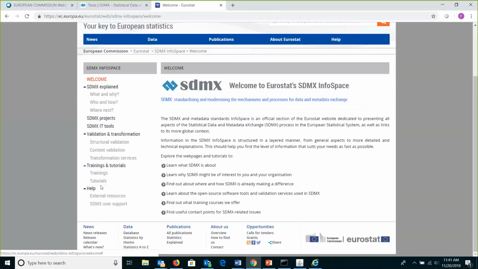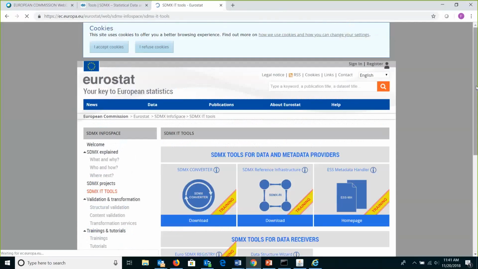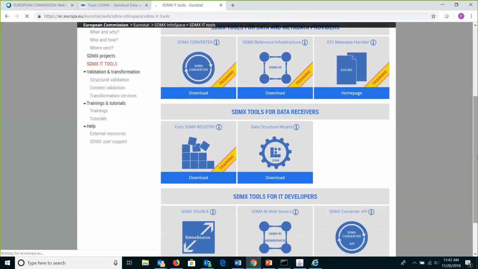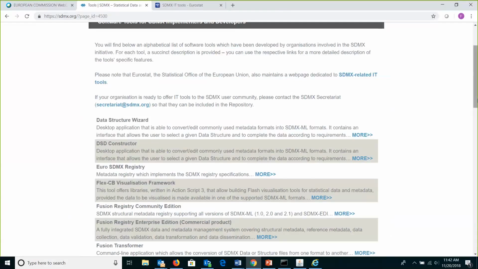What are the tools? The tools that are described are the tools that are owned by us. In here, you have the tools that are owned by the global SDMX community. So that is what I wanted to